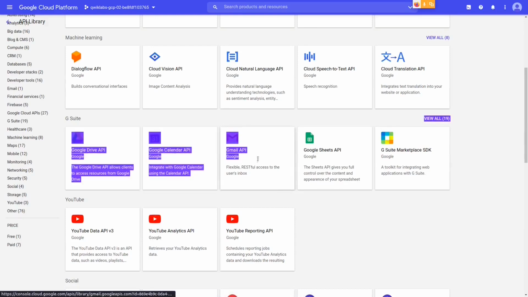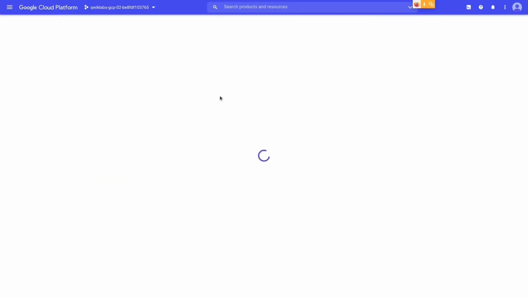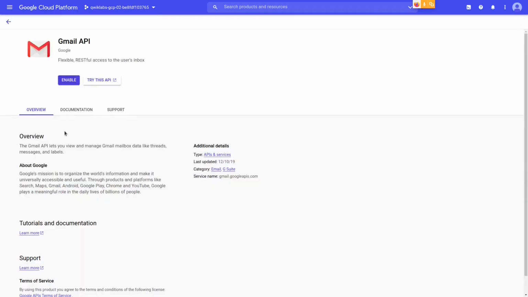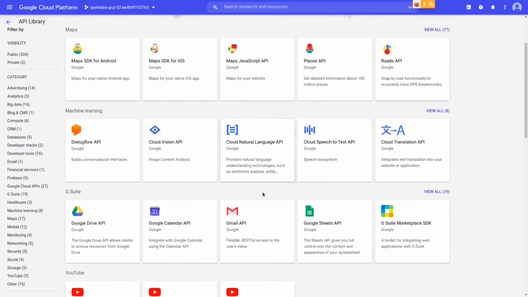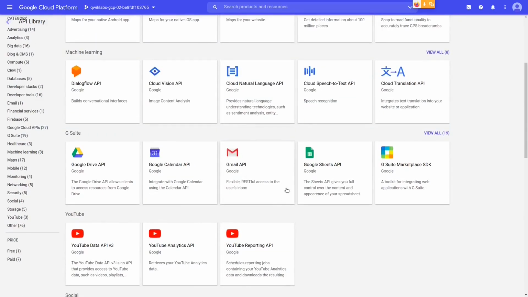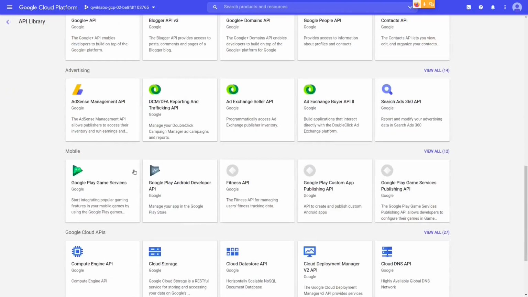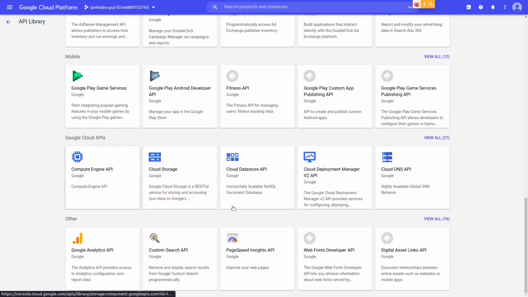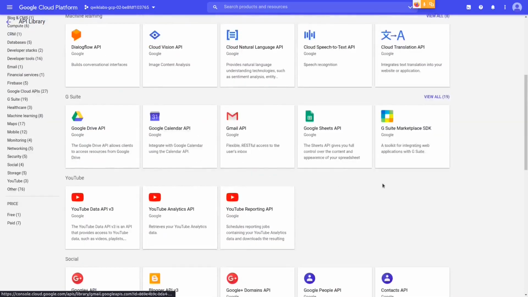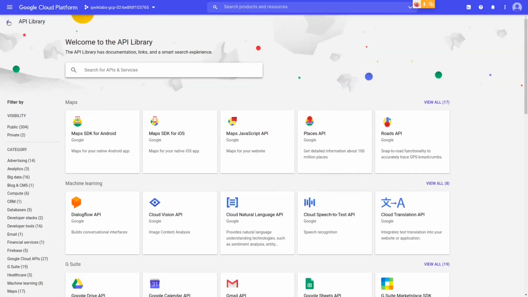For that, you can set up a Gmail API. I'm sorry. Yeah. You must enable Gmail API and work on it so that you can make something out of it. There are YouTube APIs. There are endless APIs as you keep on scrolling. We'll be looking forward to using them. For now, it's a basic idea of what all APIs you can use.